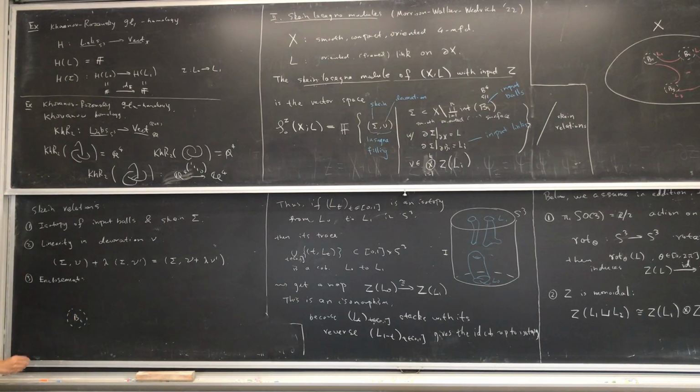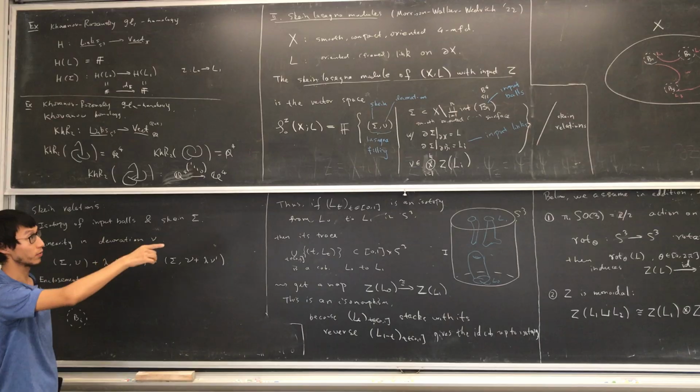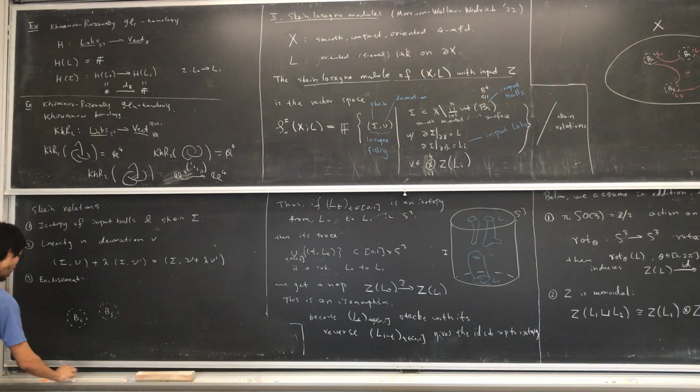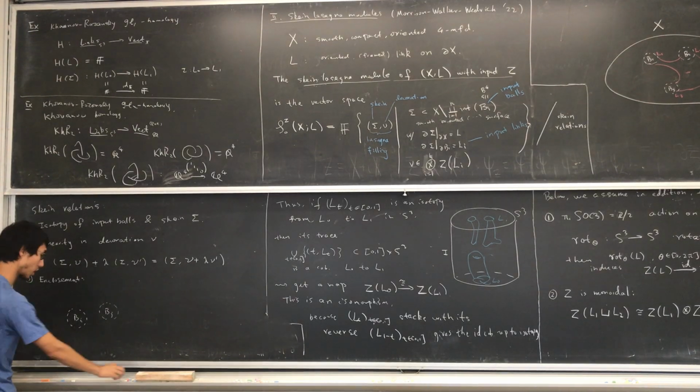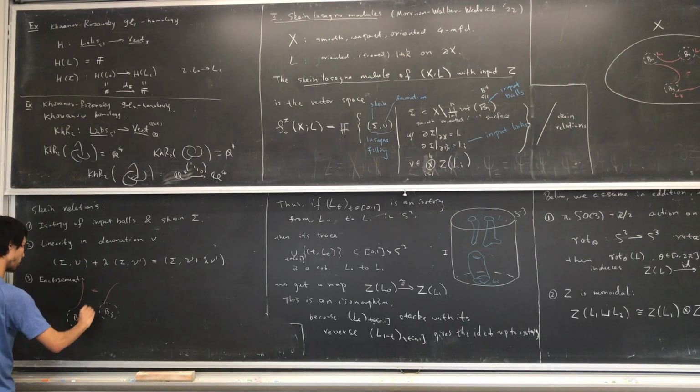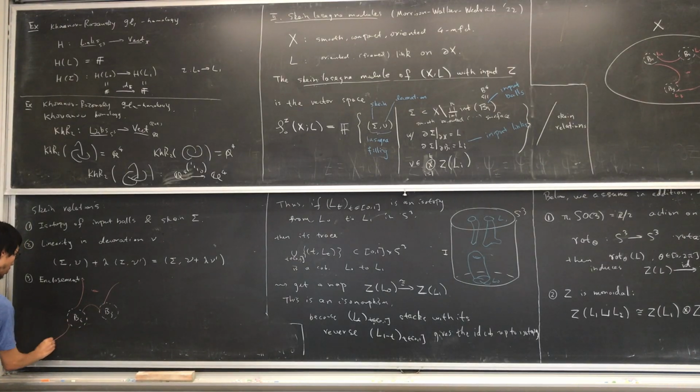So suppose in a local part of your lasagna filling over there, you see some local picture containing a number of input balls and some parts of your skeins, maybe like this. And also you have